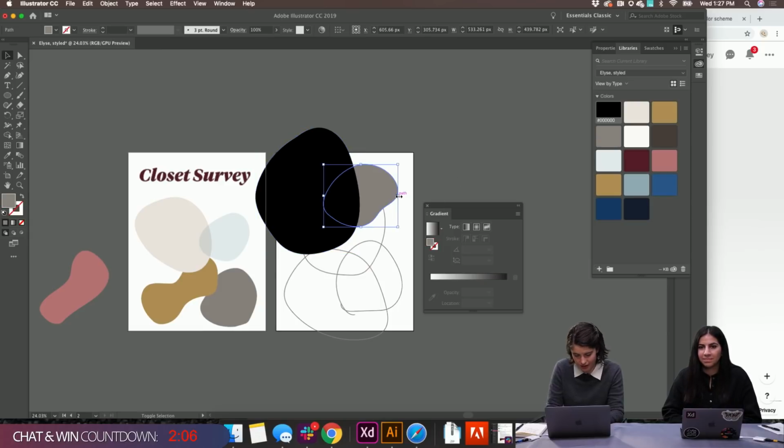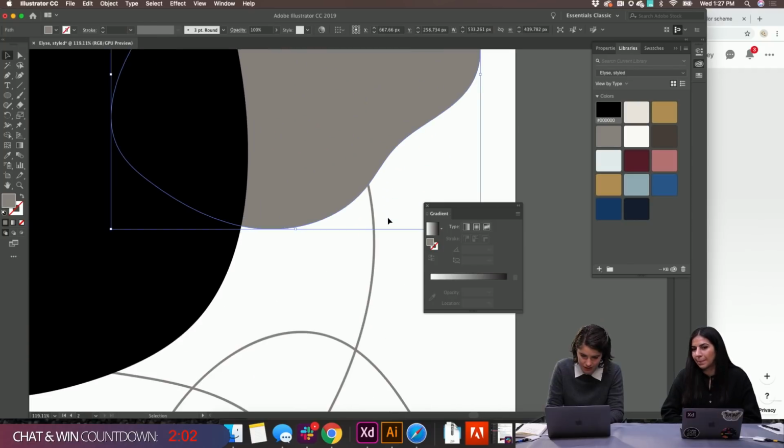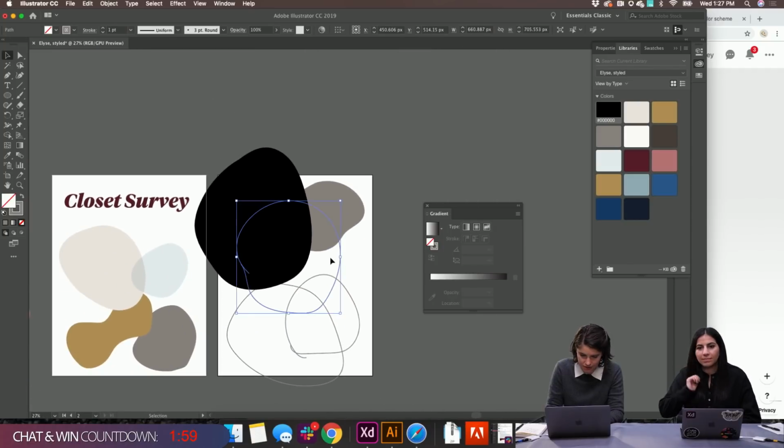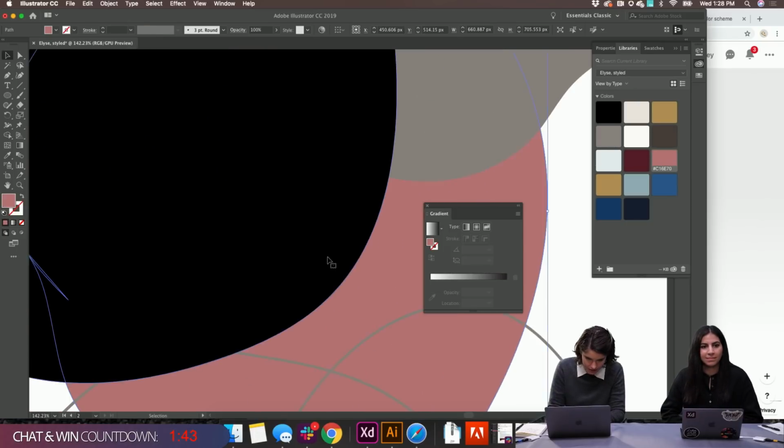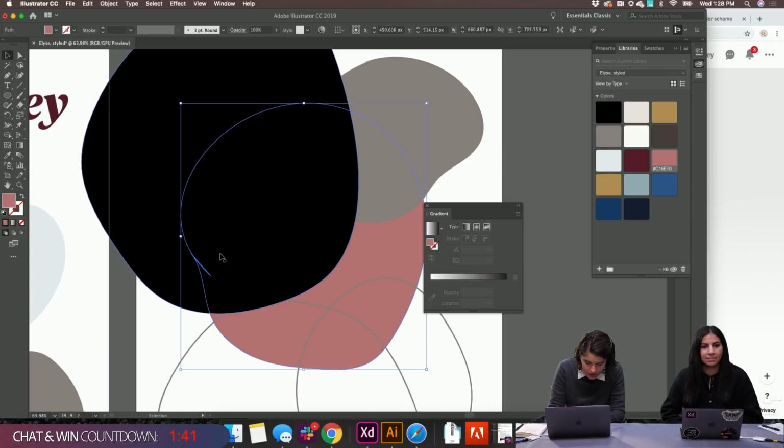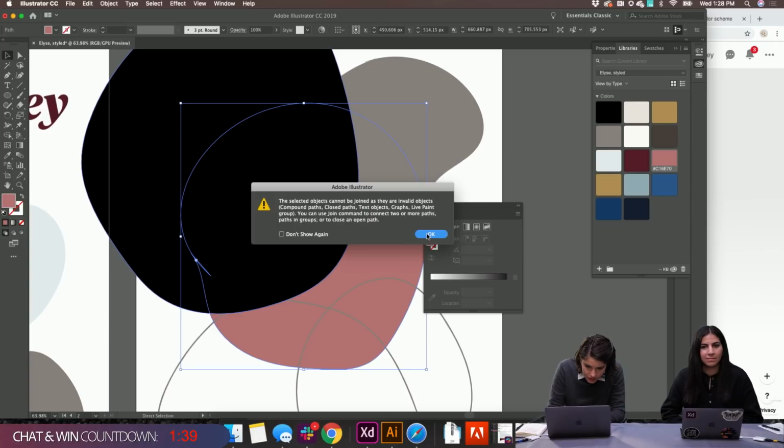Okay. Just continuing to make shapes, because what I'm going to do is pull these back into XD and have things to play with. I will definitely refine these, but I just want something to work with for now.